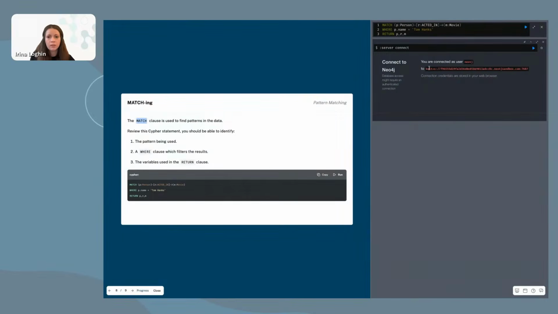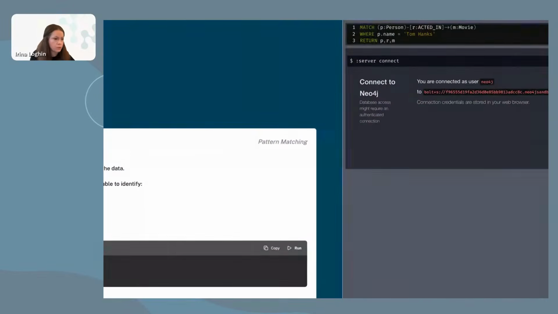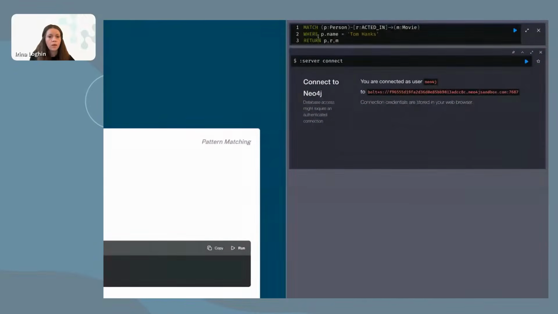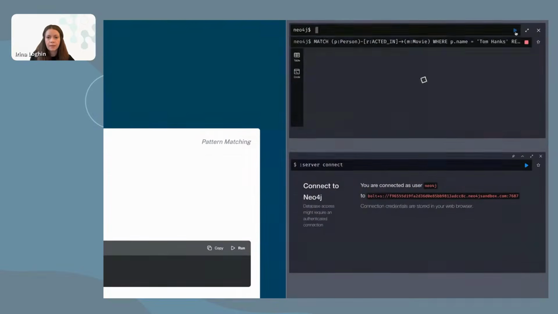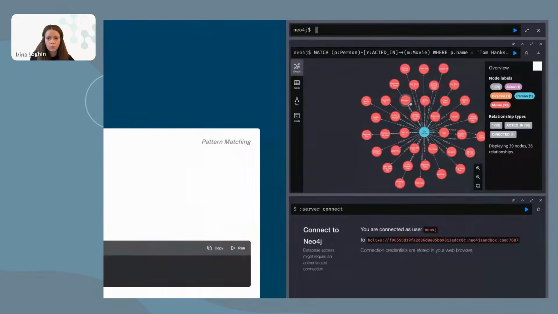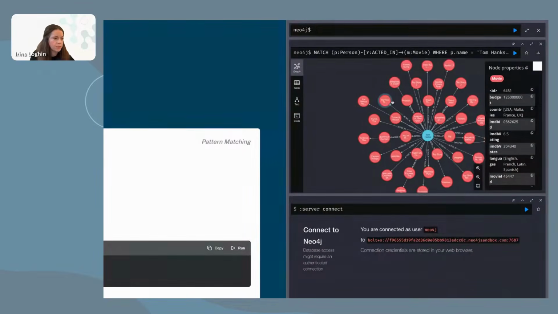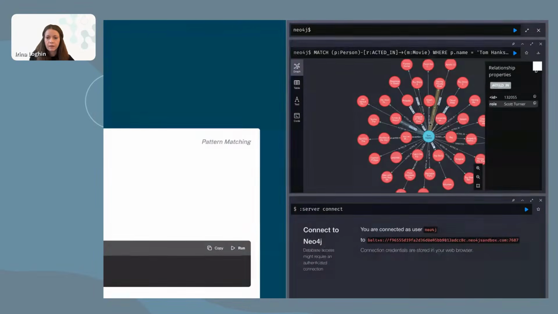So in our example here, and I'll try to maximize as much as possible, we have a WHERE clause where the person's name is Tom Hanks. So we're going to try and find in which movies Tom Hanks has played. And in the end, we will return the person, the relationship type, and the movie as well. So if we go ahead and run this, we will find that Tom Hanks has played in all these movies, and this is a very nice and visual representation of the graph that we have just